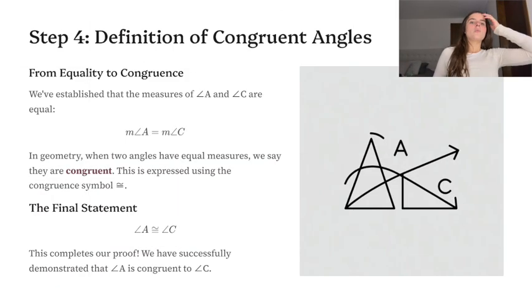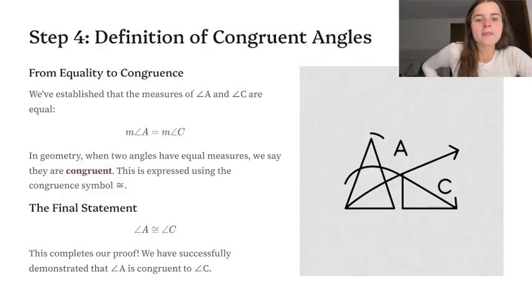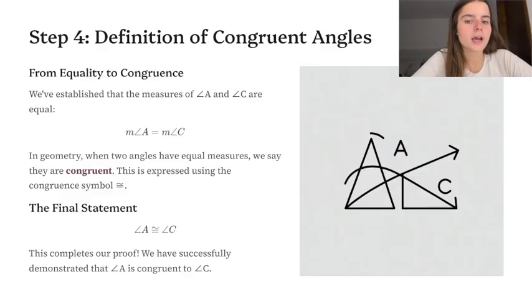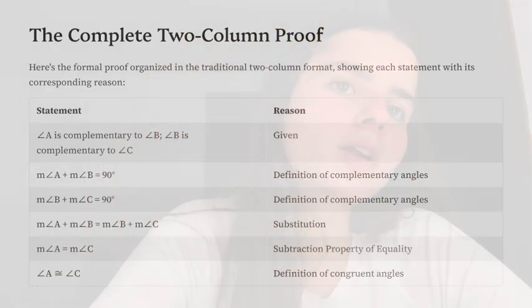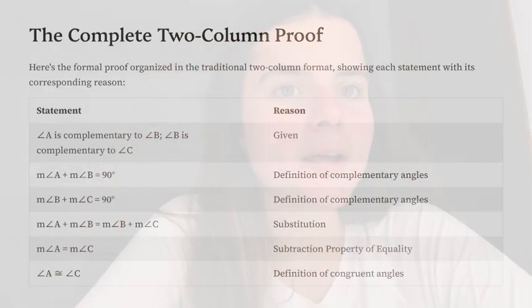And then we get to the last step, that is the definition of congruent angles. Since the measure of angle A and angle C are equal, it follows by the definition of congruent angles that A is congruent to C. And that's all, the step by step on how to do it. But now I'm going to read you the paragraph proof, which is a logical way to explain it